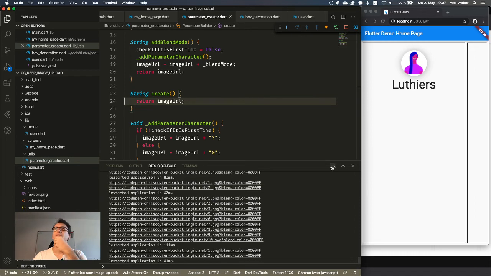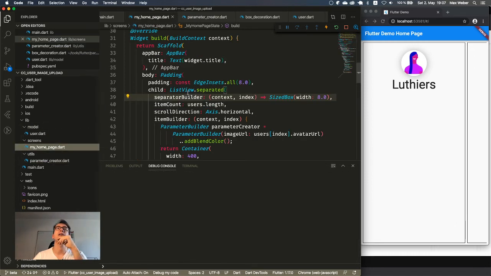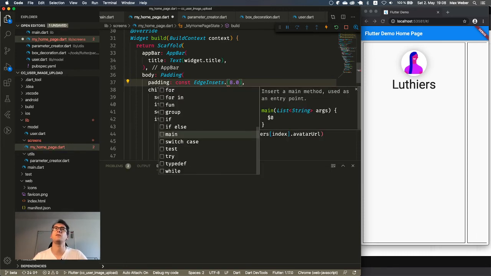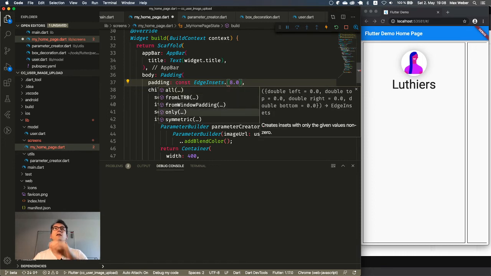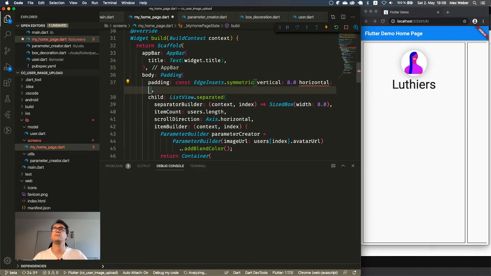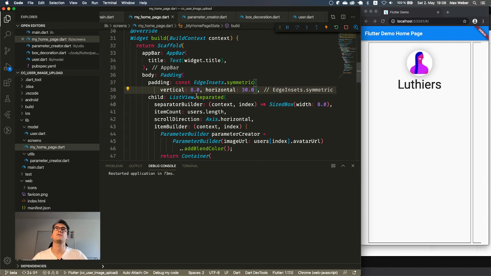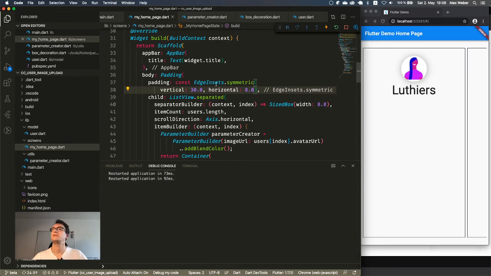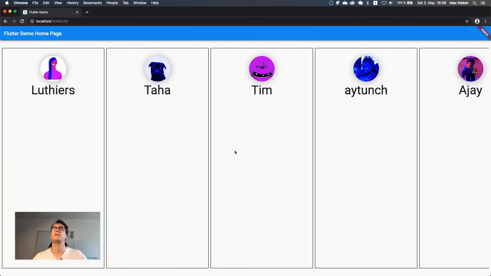Okay, so what can we do in my home page? We want to have that padding, and we have all here, but what I can do is use symmetric, which gives us vertical and horizontal control. And let's have here 30. And of course we have a comma. And it's of course exactly the opposite around. And here 8. I'll make them a bit more like this. Okay. And now let's navigate, or I think it's still not good.